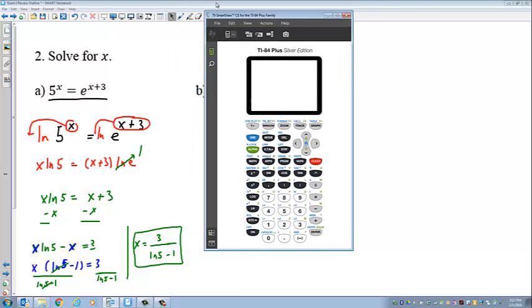What I can do is plug in 3 divided by the quantity ln of 5 minus 1. So there's that answer. And to check it, I can do 5 raised to it, and I get out that number. Or I'll pull up that last entry, so that answer again, and I can do e, so second ln, raised to the second answer, plus 1. And if I get back 2,758 point blah blah blah, I did it right,